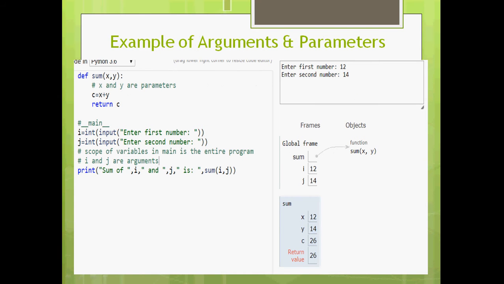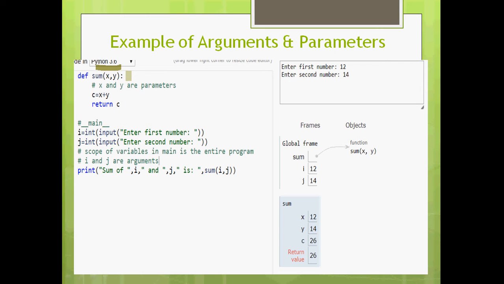Now we are going to discuss what are parameters, what are arguments. So this is a particular platform that you can see. It's a web page that allows you to run Python 3.6 programs, and the website is Python Tutor. This is live programming.